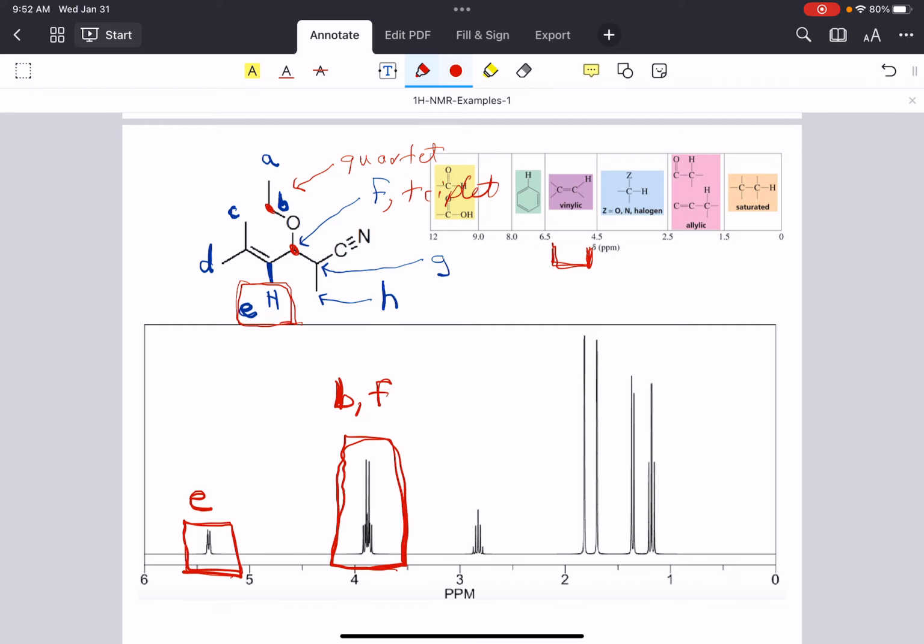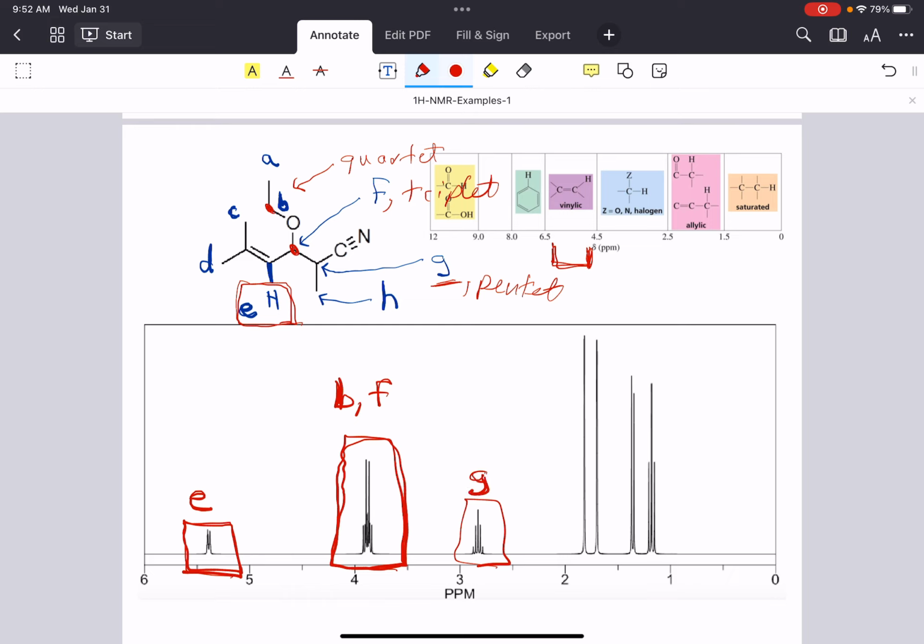So we can assign both of those hydrogens to that signal. If we continue to move to the right on the spectrum, the next highest chemical shift we would expect corresponds to hydrogen G, because hydrogen G is flanked by that nitrile group, which is also relatively electronegative. If we look at signal G, it has 3 neighbors at H and 1 neighbor at F. So we have 4 neighbors. We would expect this to show up as a pentet. And we do see a nice pentet here, a little bit below 3 parts per million,